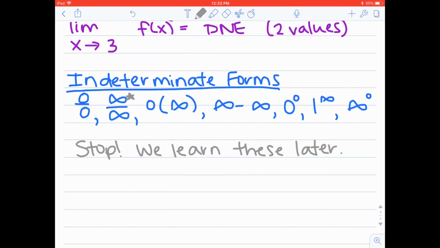Now, as you might have noticed from the notes that we did today, there are some forms that seem like they're kind of in the ballpark of those, but we can actually work with them. So one is like infinity squared, or infinity times infinity. We know that's just infinity, it just makes it bigger. We also know that infinity plus infinity is going to be infinity. So those